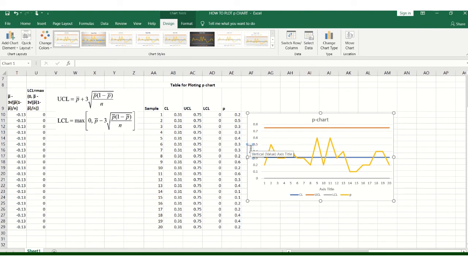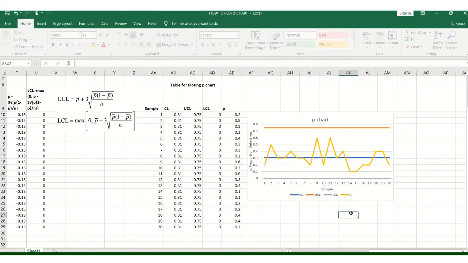I can mention it like this. Here in the axis title, this is nothing but the samples, the samples which have been taken, or the instances which we have taken.